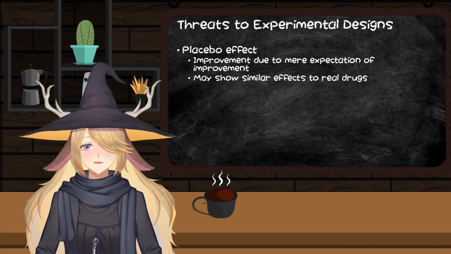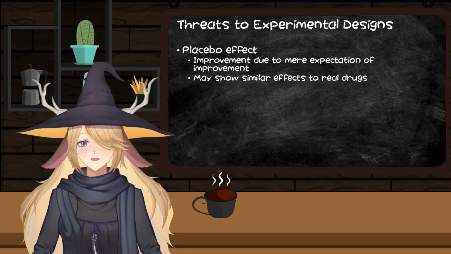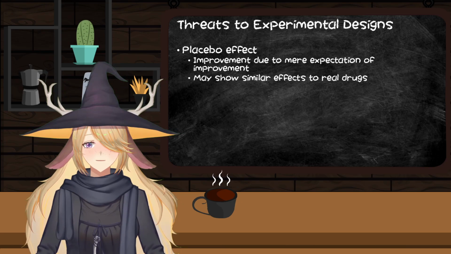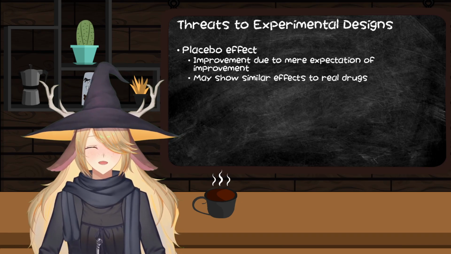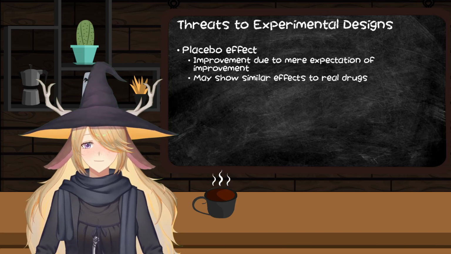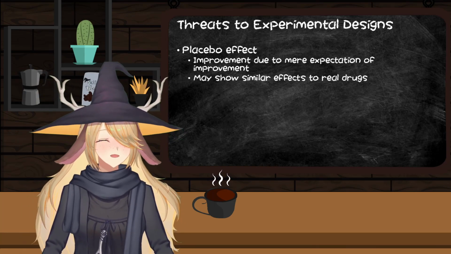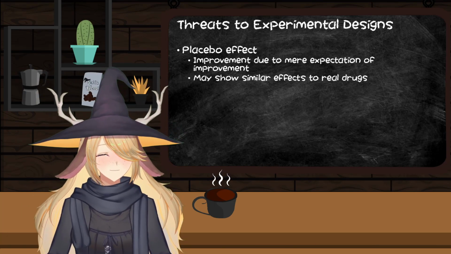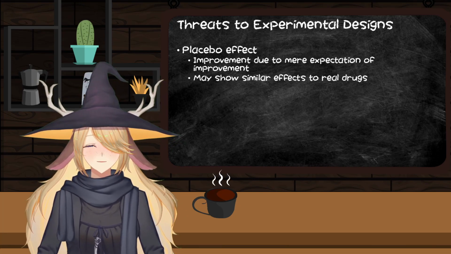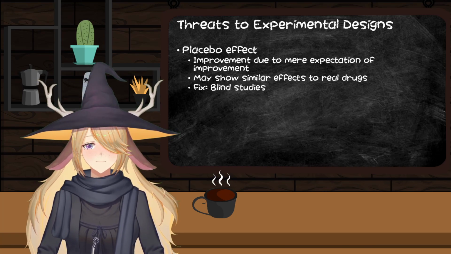It blows my mind. When I first heard about this, I was like, there's no way that's actually happening. Turns out it is, and turns out it's actually very common as a threat to experimental designs, because you'll do these clinical trials where you give people sugar pills, but they think that they're getting the medication, and it just causes a similar effect. In some cases, it might be better than the actual drug. If you give someone a sugar pill and tell them that it's Tylenol, it can have the same effect at reducing a headache or relieving pain, maybe even a stronger effect.